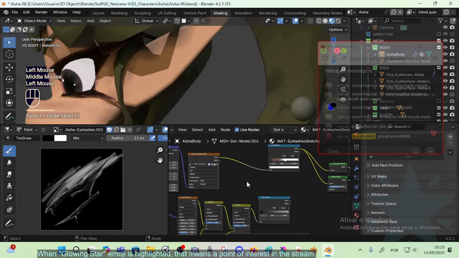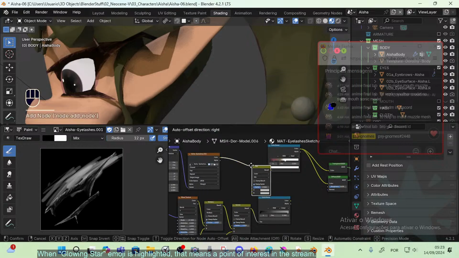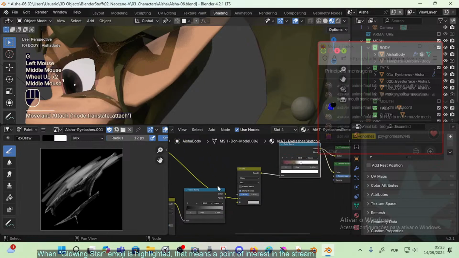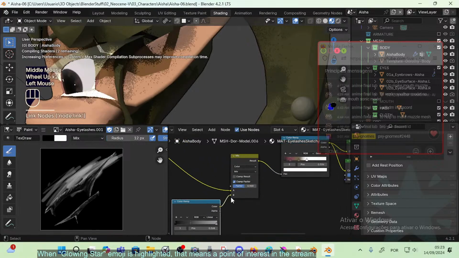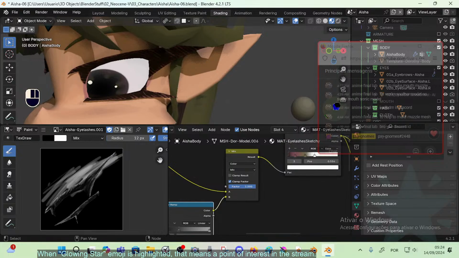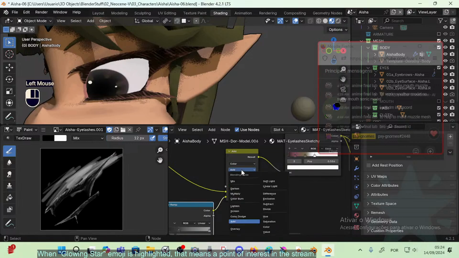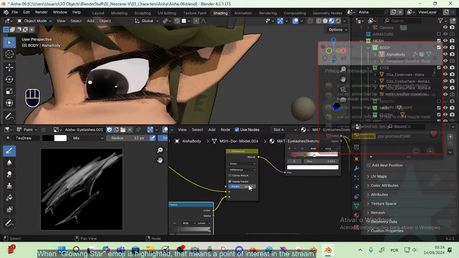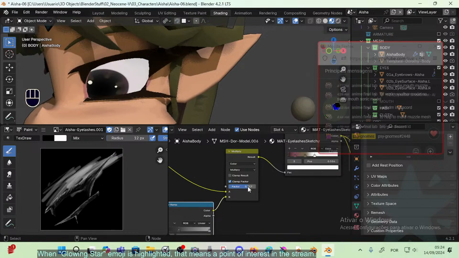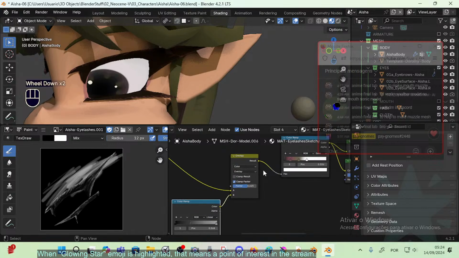Mix, color mix. Not sure this is the right thing, but let's get, yeah, it doesn't seem to be, yeah, it's not necessary to do that. So